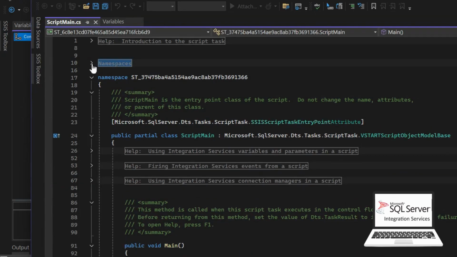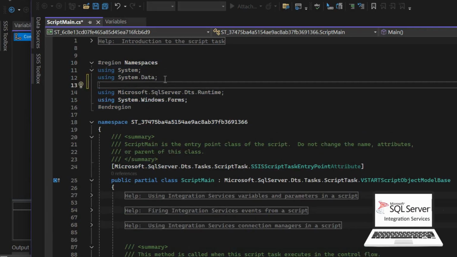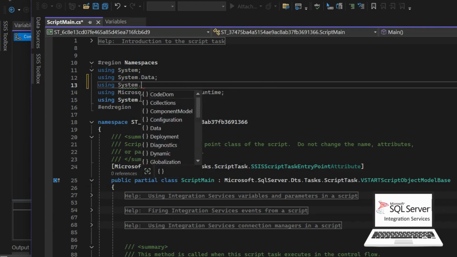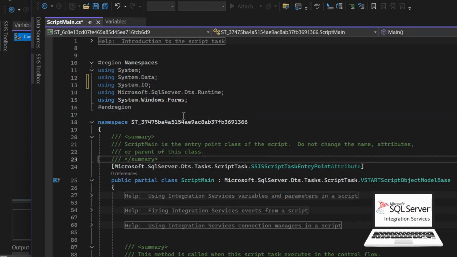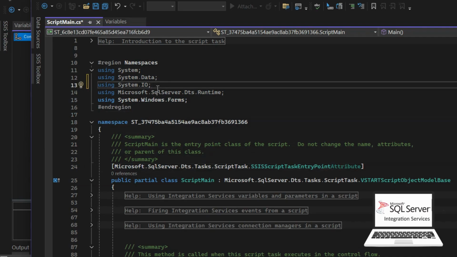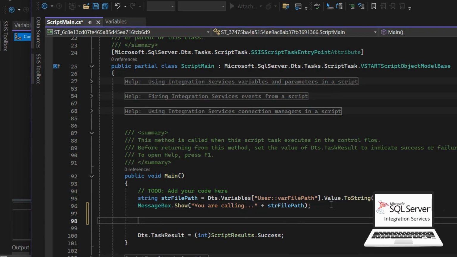Okay, and here first of all, because we need to get the file name, we are going to call using System.IO, and don't forget to mention this IO namespace here. So what we are going to do, we are going to create a new variable string str file name,